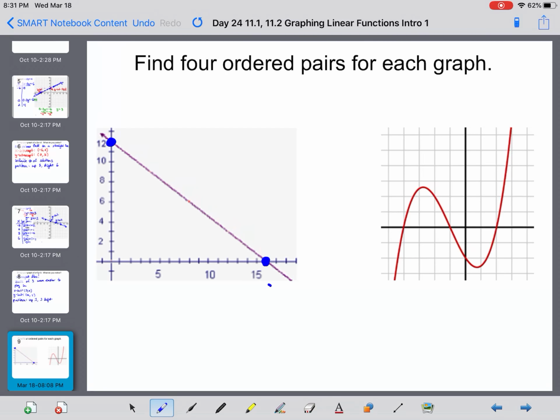Well, what you just found here, it looks like this might be the point, I think that's (16, 0), if I can read my tick marks, and it looks like the point over here would be (0, 12). You just found the x-intercept and the y-intercept of the graph. And again, over here with this polynomial function, this is just for fun. If you were to pick 4 points, you probably picked those 4 because they're the easiest ones to find,